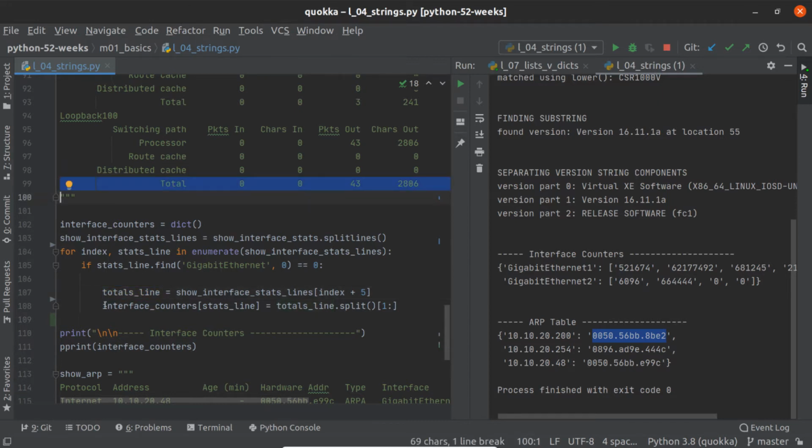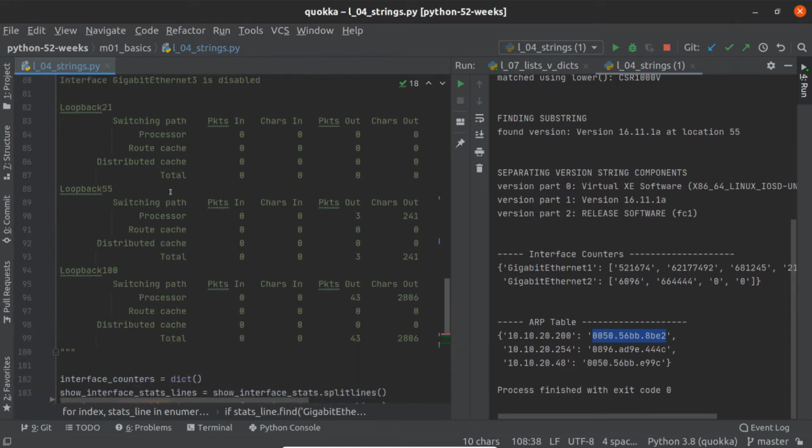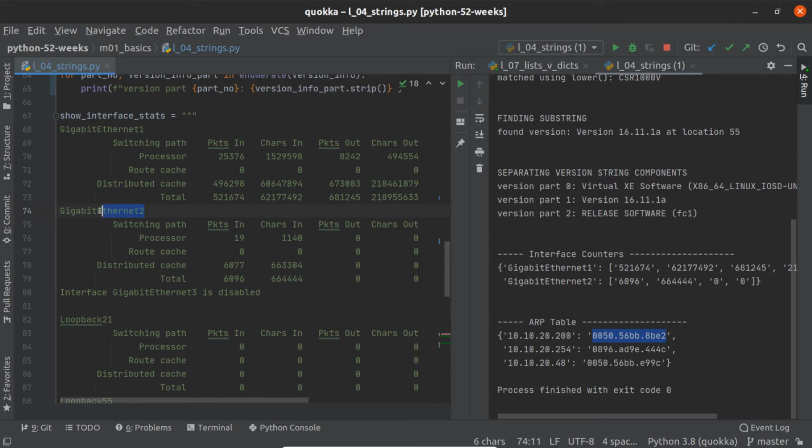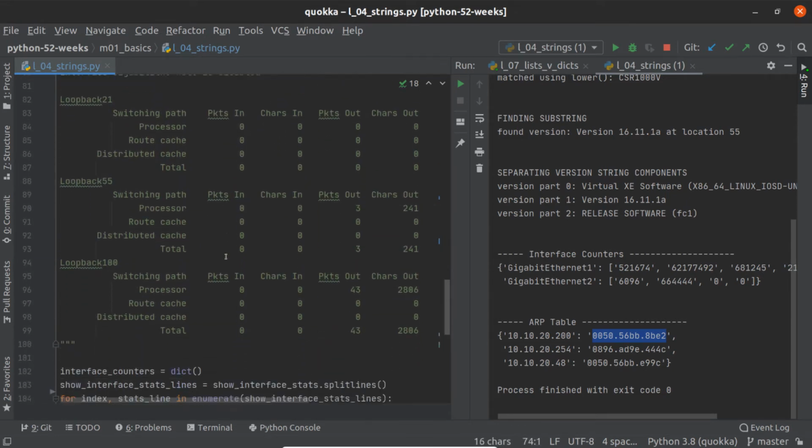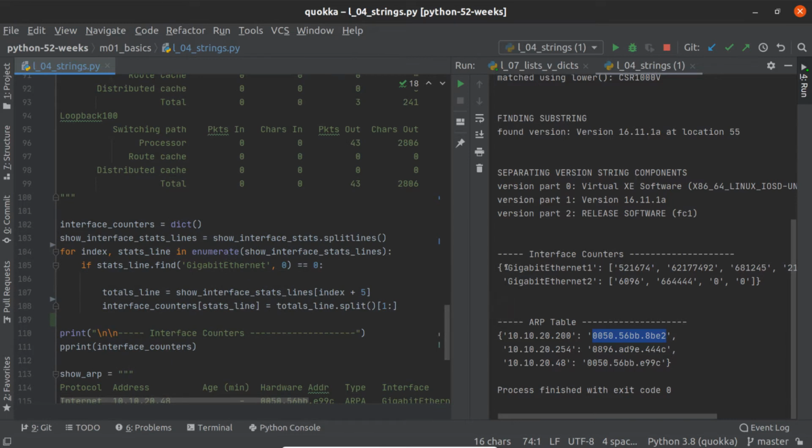What I'm going to do is say, okay, my interface counters, remember that's a dictionary, my interface counters sub stats line, that is the actual Gigabit Ethernet word. So this word right here is going to be the key to my dictionary. And if you look over here, you can see sure enough, Gigabit Ethernet 1 is one of my keys. I'm going to say interface counters sub, my key is stats line, that's the thing that says Gigabit Ethernet. I'm going to set it equal to my totals line that I just calculated here,